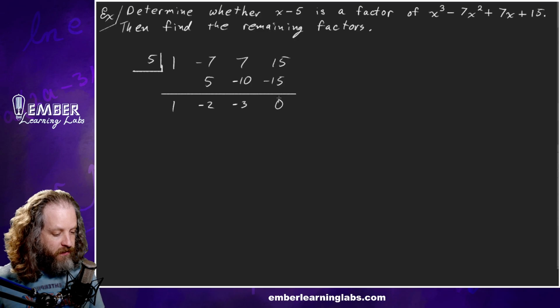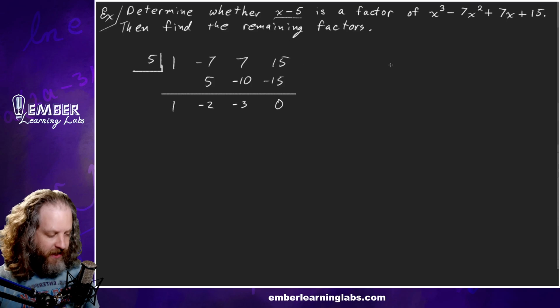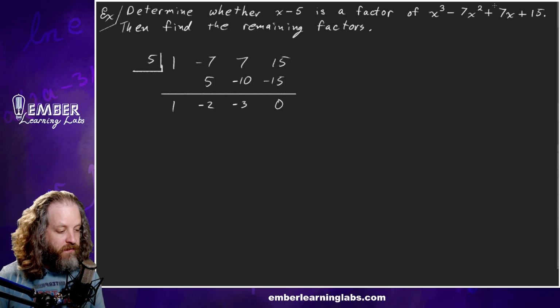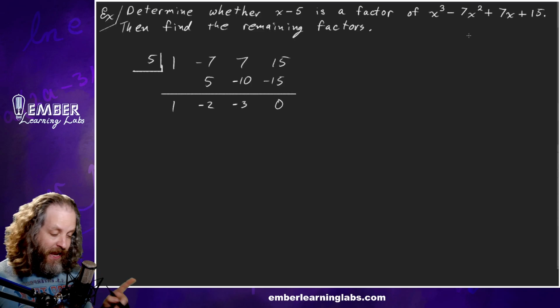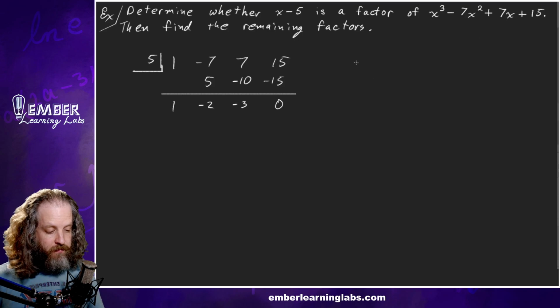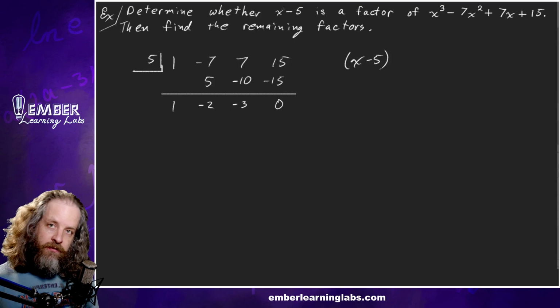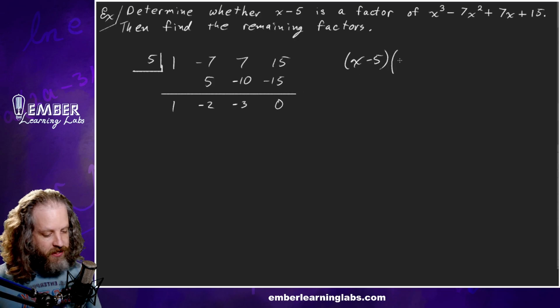And we get the 0, so we get a remainder of 0. So that tells us that this is a factor of this. What that means is that we can rewrite this as x minus 5, that one factor, times the